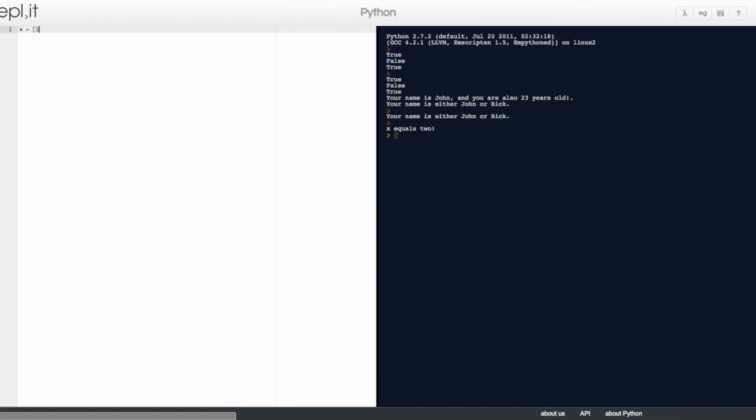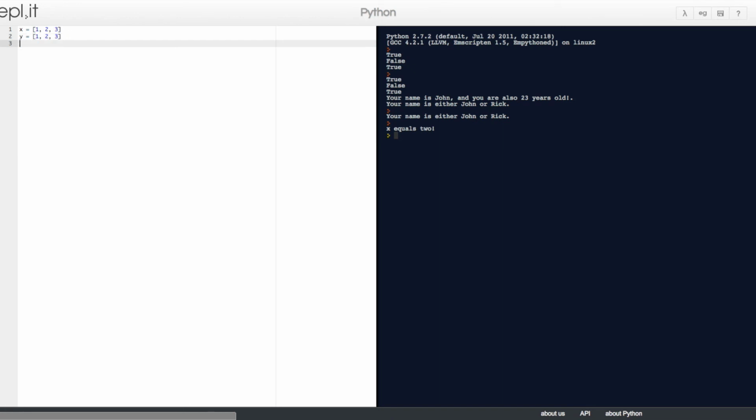So we open the square bracket, 1, 2, and 3. Those are the items in list x. We close the square bracket. And then the next one is going to be y equals, we open square bracket, 1, 2, 3, and we close the square bracket.